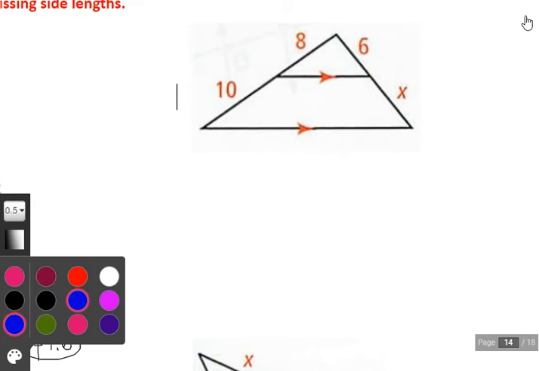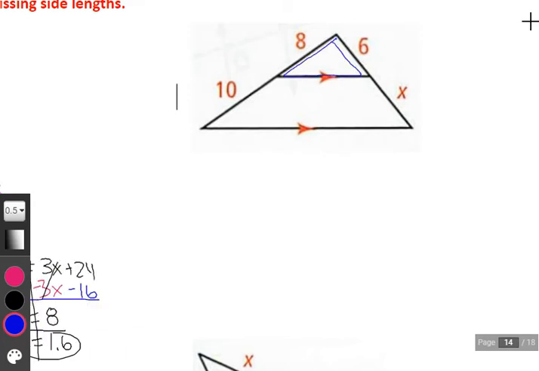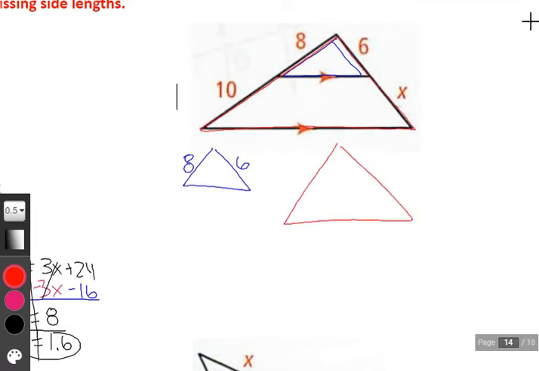So we have kind of a small triangle on top. That'll give me 8 and 6. Okay, and that overlaps a large triangle. On the left, it's not just 8, it's not just 10. 8 takes care of one portion, 10 on the other. That gives me 18 for that entire side length. And then again, we have 6 to be part of it, 8 to be the other part, and so we